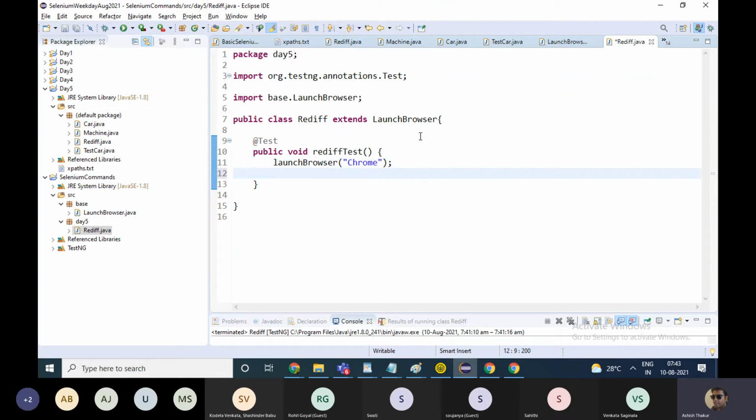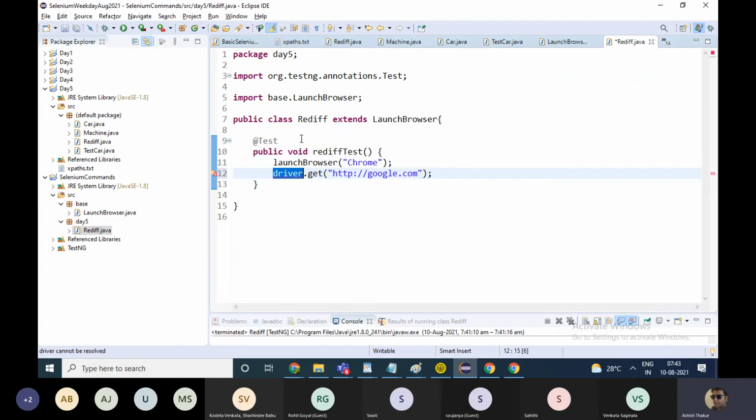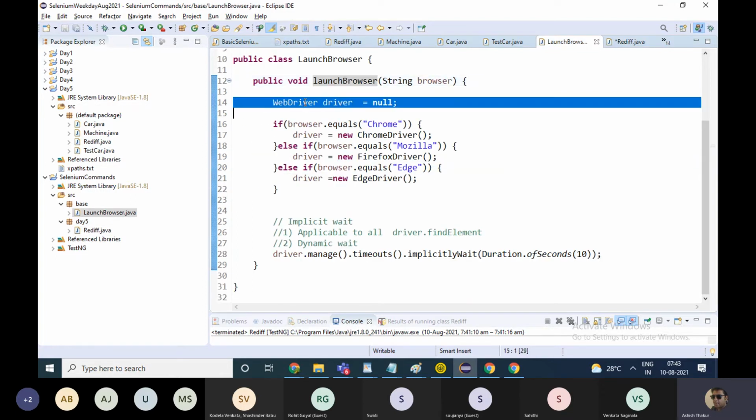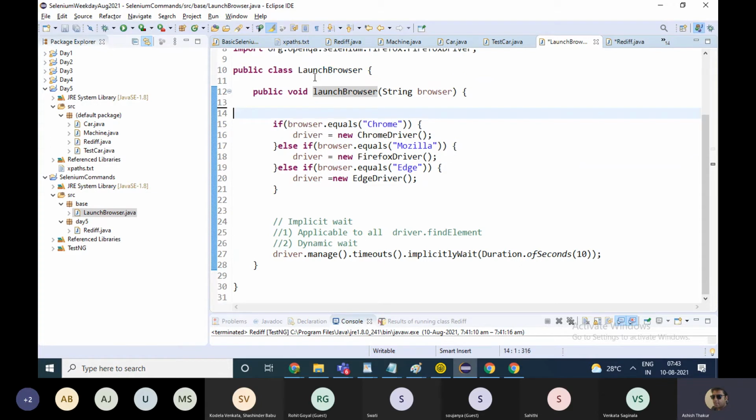But once the browser is launched and you need to go to a website, you need to write the command driver.get http google.com, which is giving an error on driver because it's not able to find driver. Where is driver? Driver is a local variable inside this function, which is getting initialized. So what we will do is that we will make driver global.